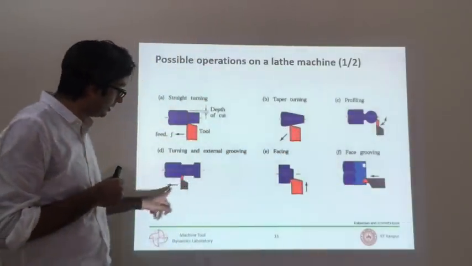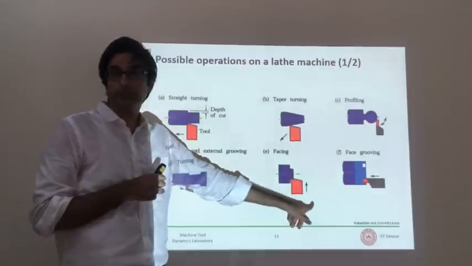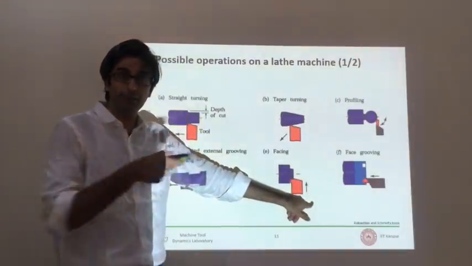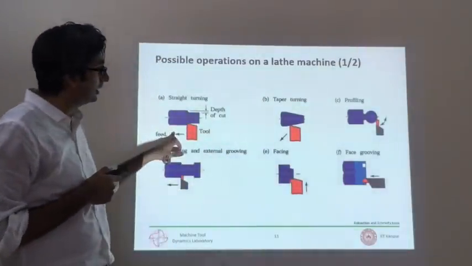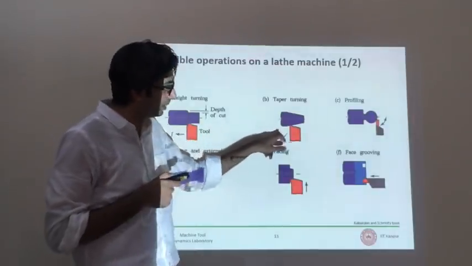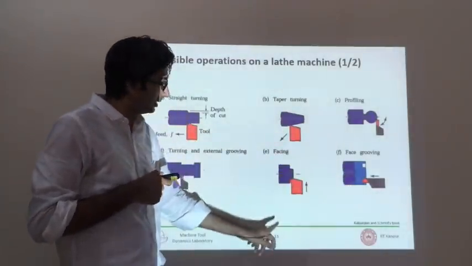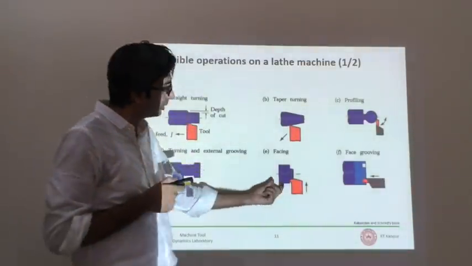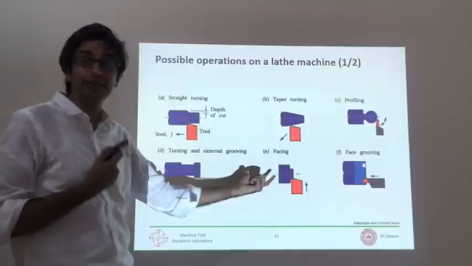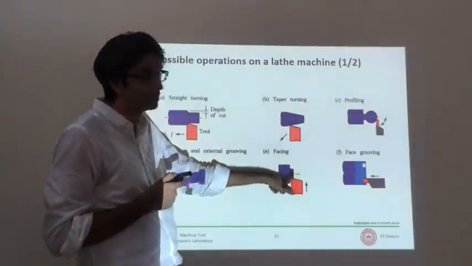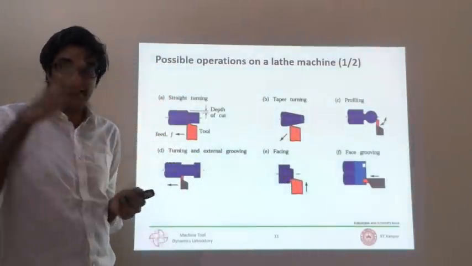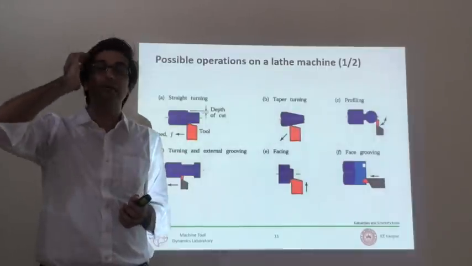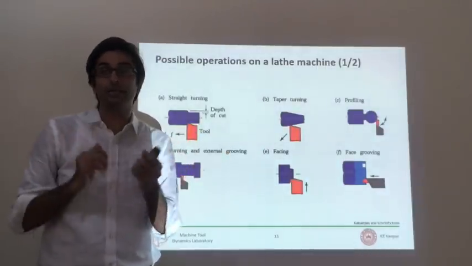Facing is now, you see the direction of the tool. The feed motion, the direction in which the tool moves, is different than turning, OD, as well as taper, as well as face. It is perpendicular to this case, or to this case. So what you are doing is in a way you are lessening the length of the workpiece by getting rid of all this material here. So facing is locally reducing the diameter to also sometimes reduce the length.